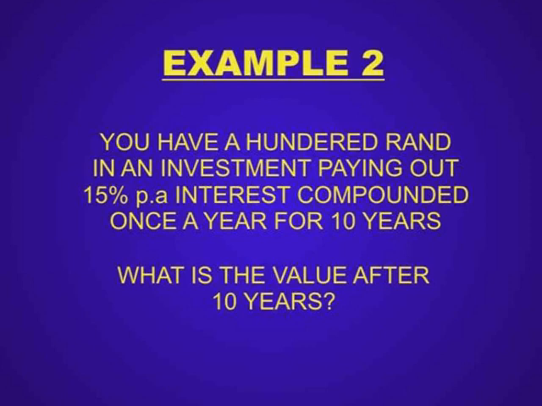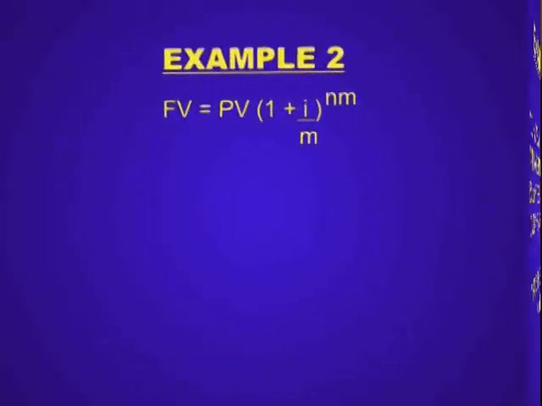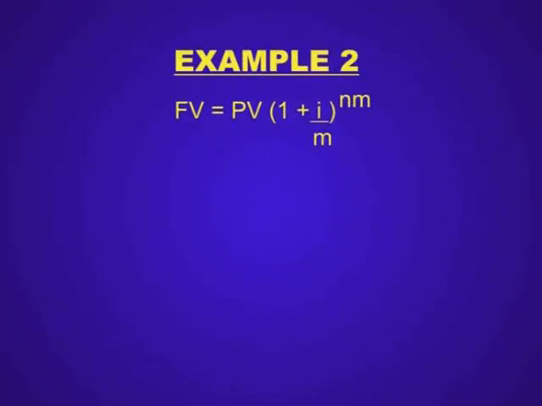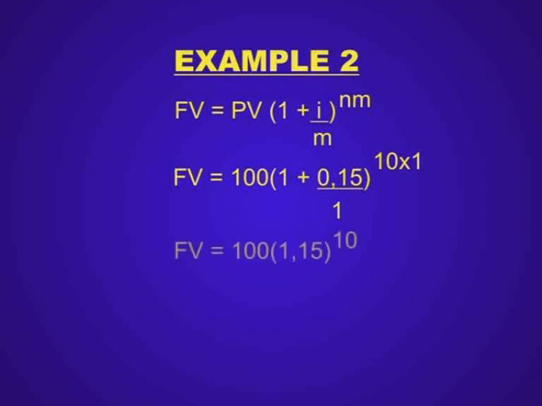Compound interest, hence we're going to use the formula future value is equal to present value times 1 plus i over m to the power nm, which is equal to 100 times 1 plus 0.15 over 1 to the power 10 times 1, which is equal to 100 times 1.15 to the power 10, which is equal to 404 Rand,